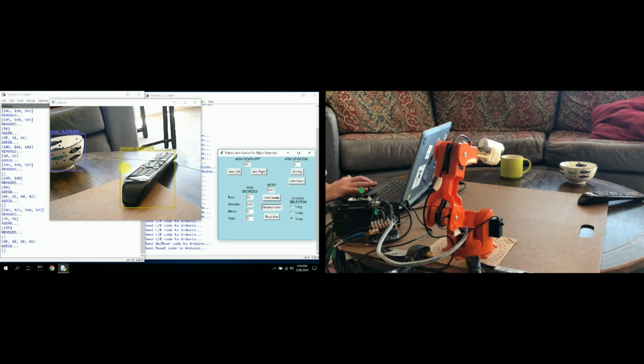It's 99% accurate that it's a remote. This is 82% that it's a bowl. So Chair detected. I found the chair in the background a little bit back here, which is good. Lastly, Chair removed. Why I did this was